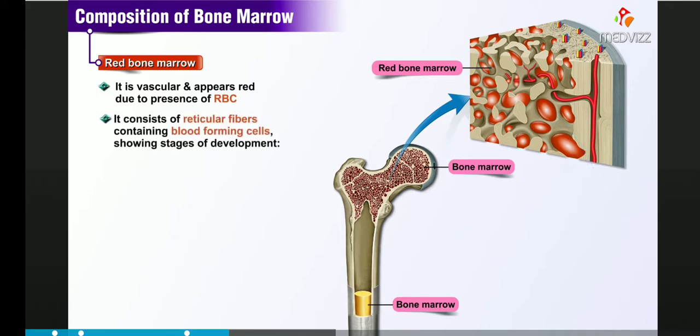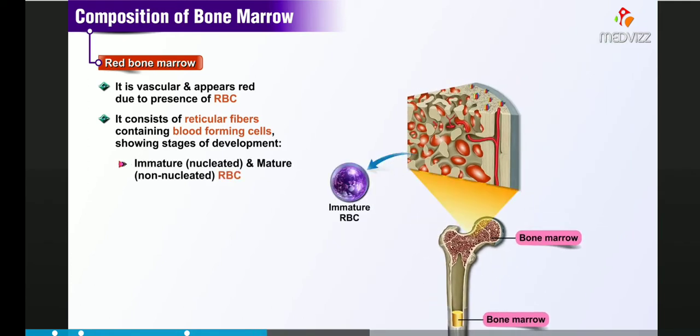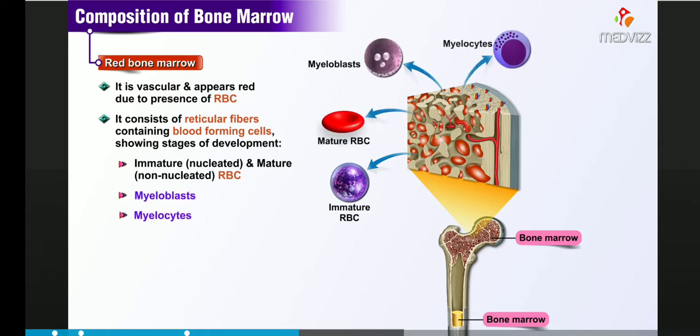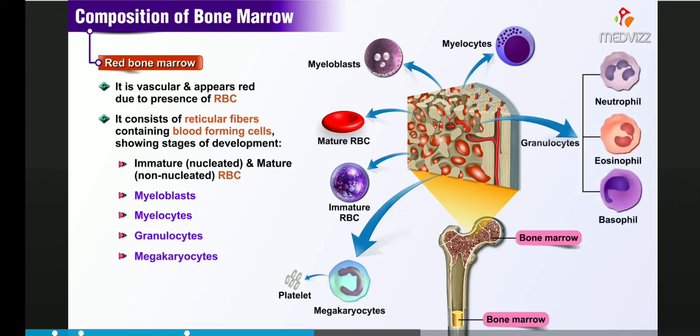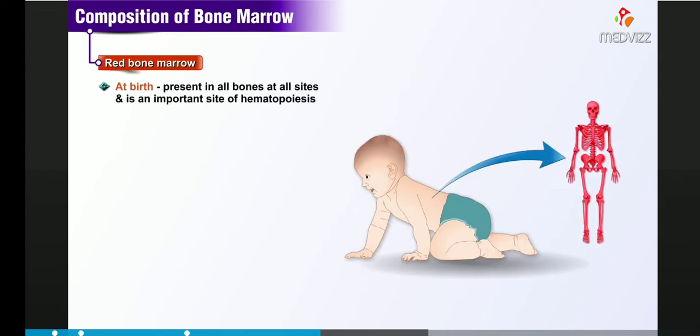It consists of a network of fine reticular fibers containing blood-forming cells, showing all stages of development like immature nucleated red blood cells and mature non-nucleated red blood cells, myeloblasts, myelocytes, granulocytes, megakaryocytes, etc. At birth, it is present in all the bones at all sites and is an important site